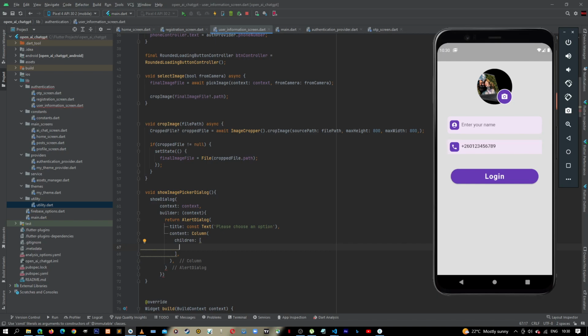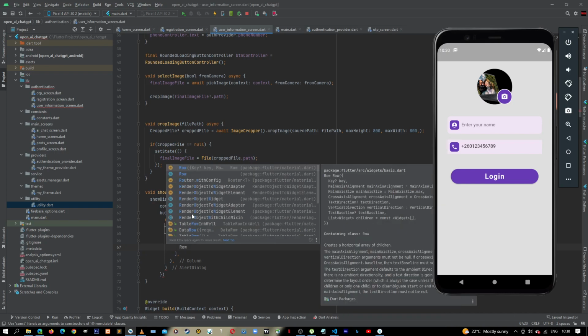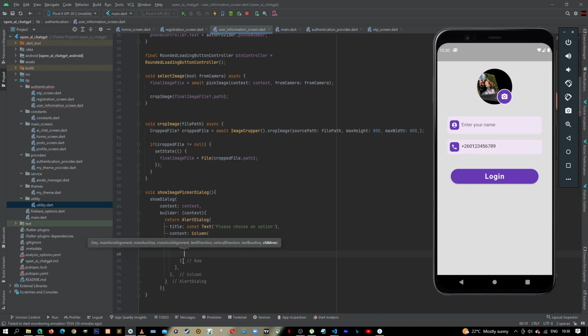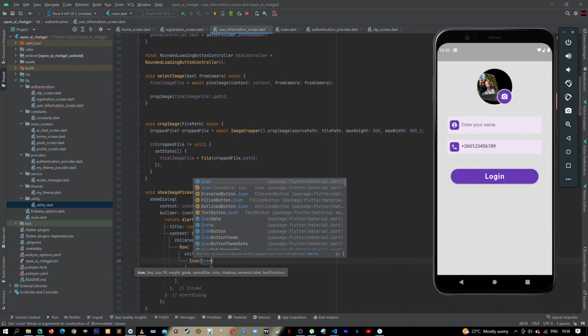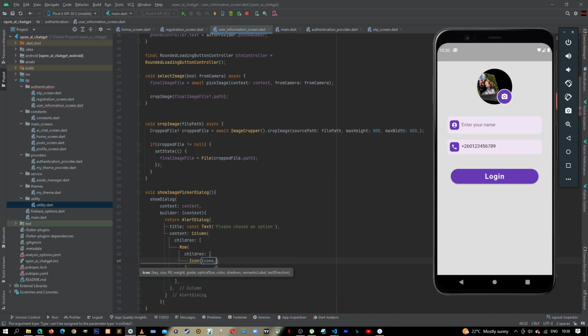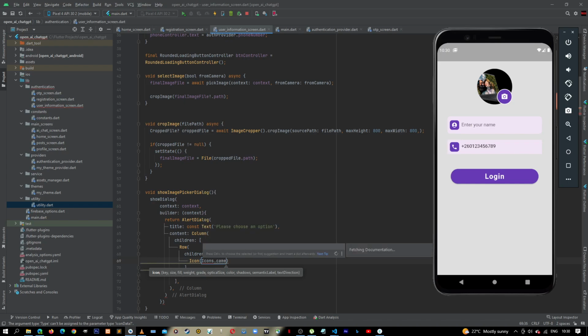the first child, let's first give it a row. This will be our first child. So here the row will have children, and then the first child, let's give it an icon, which comes from icons. This one will be our camera icon. Camera